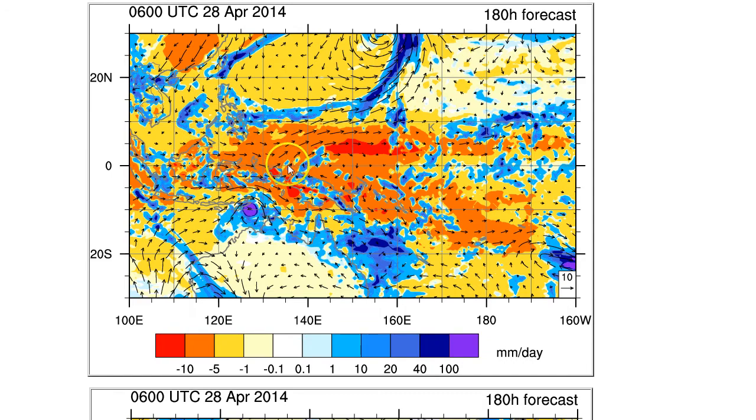Here's where it gets a little more interesting. A week out, still westerly anomalies are forecast for the western Pacific. Here's Australia again, the Philippines, and they continue, and it's only about 3 degrees either side of the equator. That's all it takes is westerly anomalies in that area to produce